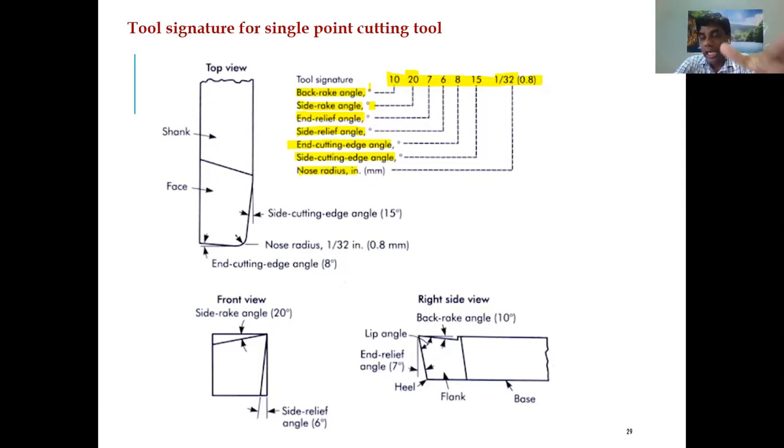Normally rake angle is the most important angle in our calculations. The force calculation जो भी आता है rake angle पे depend करता है. That too, back rake angle is most important. I told you back rake angle normally we are following 15 degrees, but here back rake angle is coming 10 degrees. So if it is fine for your application, you can go.